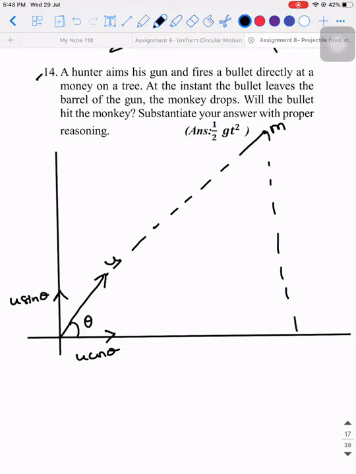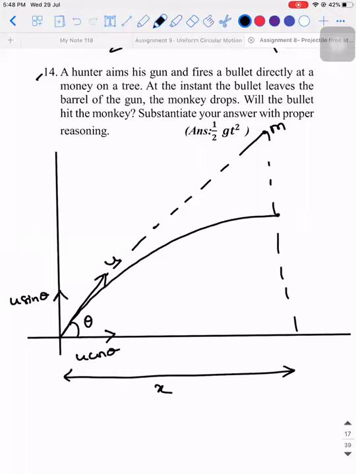Let's say the distance between the hunter and this point is x. So the particle's actual path will be like this. It will go and hit somewhere over here. Let's say this is the point. Let this be x and this be y. Are you guys clear till this point? Why is this happening? So M stands for this monkey. This A is a point. Let's say B is another point on the ground. Now we need to analyze what is happening at time t.